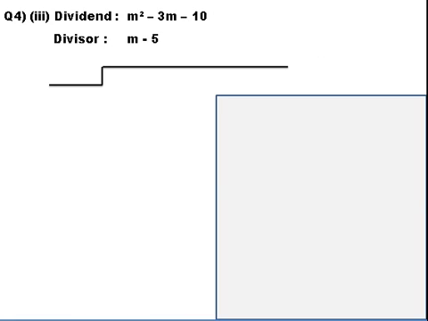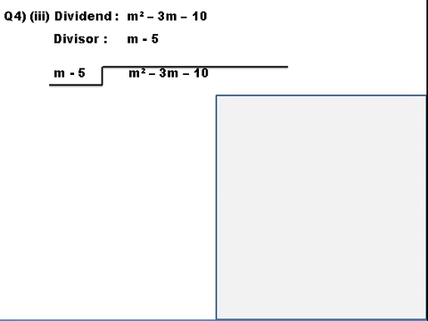Moving ahead with question number 4, wherein we have more than one term in the divisor. So we are going to do it like a normal division in mathematics, like we do in normal arithmetic. Similarly, we are going to do it for algebraic expression. So we have a dividend and we have a divisor. So writing it in this format, we are going to concentrate on the first term of the dividend. Remember, you need to notice one more thing in the dividend, that the terms in the dividend should be arranged according to the decreasing order of power of the variable. So if you see, we have m square followed by minus 3m followed by minus 10. So it is the decreasing order of powers of the variable m.